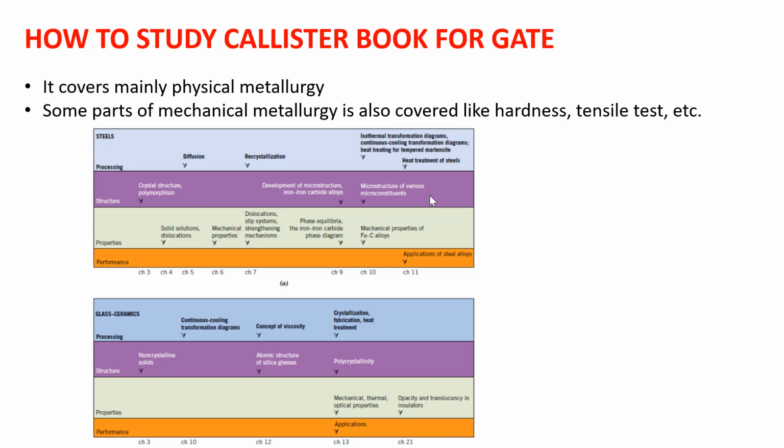This is a chart which shows what are the contents in different chapters. This I have taken from this book only. In chapter number 1 I have taken from this. So now you see, like crystal structure, polymorphism, chapter 3, chapter 4 talks about solid state dislocation, chapter 5 diffusion, chapter 6 mechanical property, chapter 7 dislocation slip system, then it also talks about recrystallization. So this is very briefly what the different contents are, and you will understand whether I should read this or not according to the syllabus, but it's okay. I will also tell you chapter by chapter.